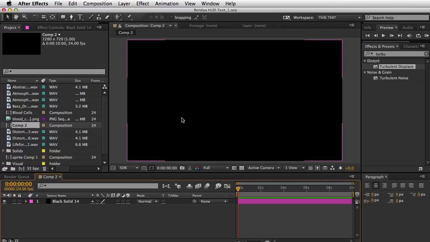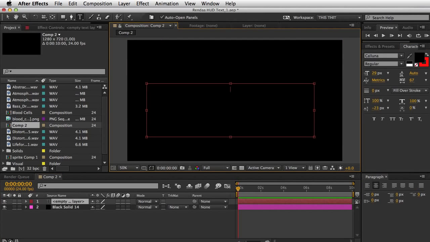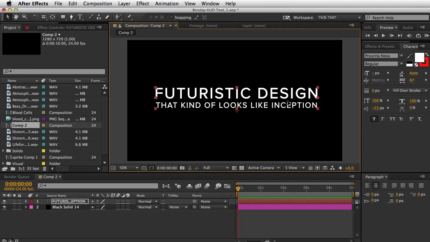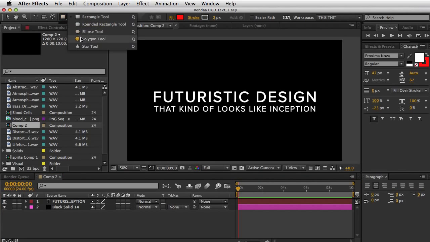Anything that's gray, the transparency will be calculated based upon how gray it is, whether it's closer to white or black and how close to white or black it is. We're going to start basic though. We're just going to create some text. Okay, so at its simplest form, what's going to be happening is the luma mat that we're going to be using to create the design is going to be picking up the white of the text and applying that through the design. If we were to, say, create a mask on this,